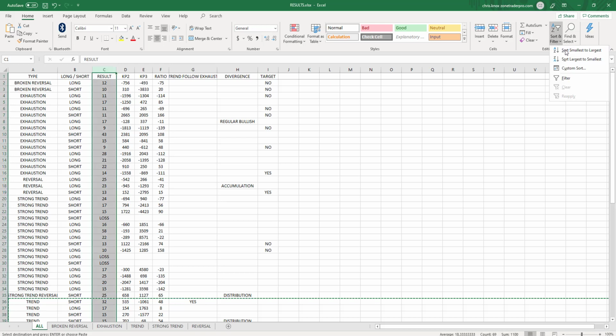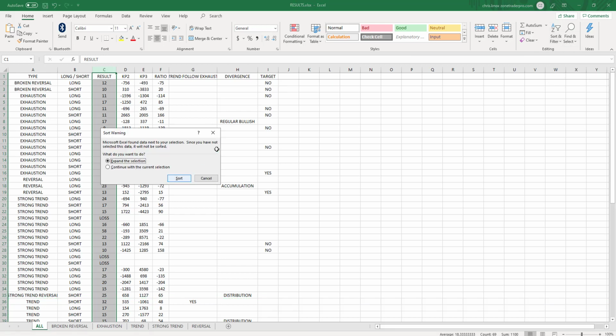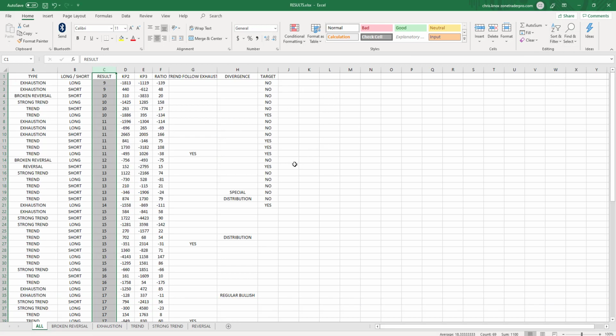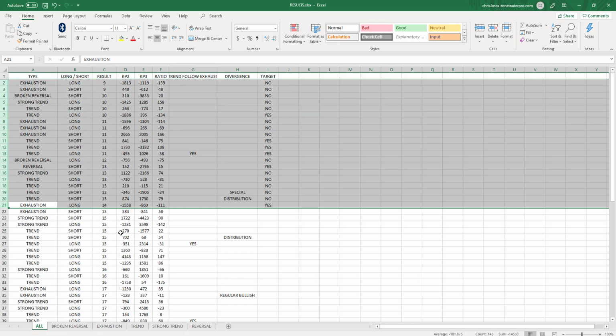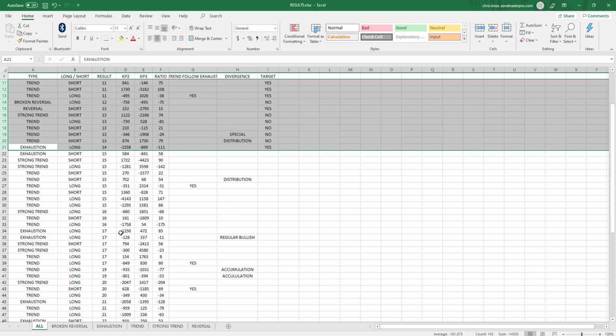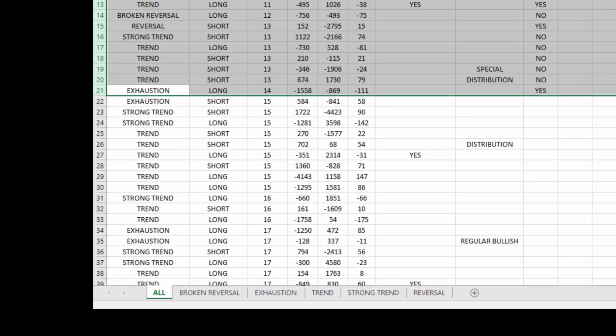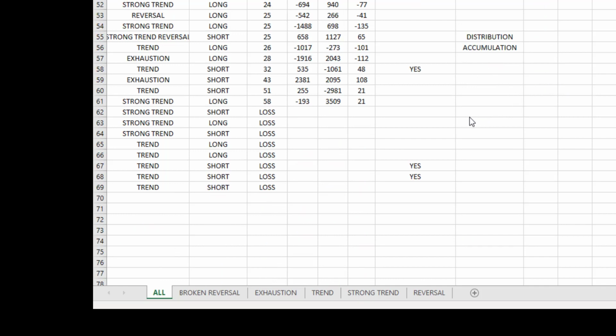Again, expand the selection. And the number that we're looking for at the beginning is we want to see a number of 15 or higher. But we still don't know that 15 is a magic number. So that's what we're going to try to find out here. When we roll down, we see that we have 60 winning trades and 8 losses. So remember, this win right here on line 61, that is the 60th trade because line 1 encompasses the title